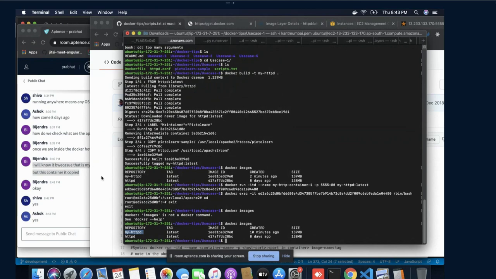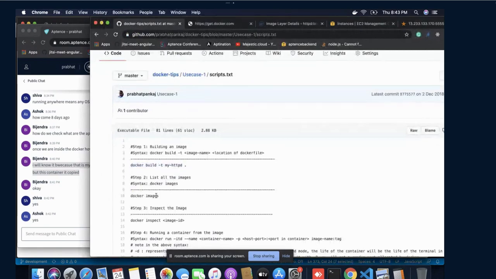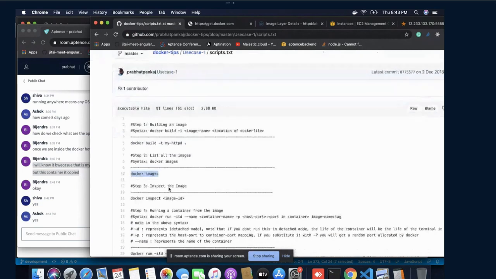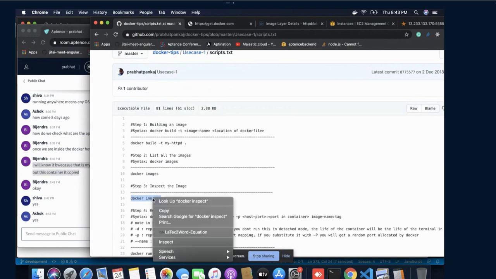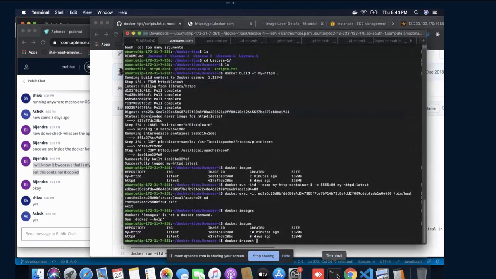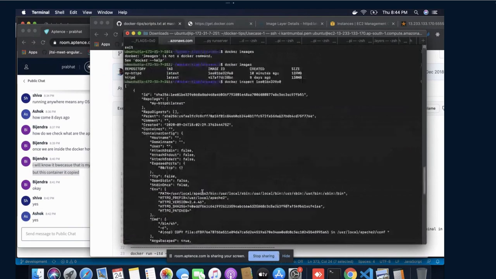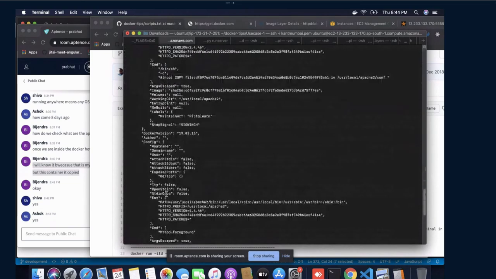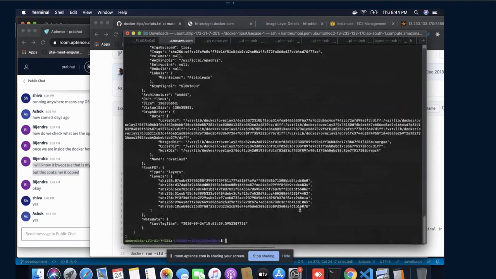now once the Docker image is created, the next step is to identify what are the Docker images that are available in this system, using this command. Now if you want to know what are the different images that have been added, the step would be very simple: docker inspect and the ID. See here. Although it looks very difficult to understand, overall you can get an idea that it is nothing but a kind of layers.